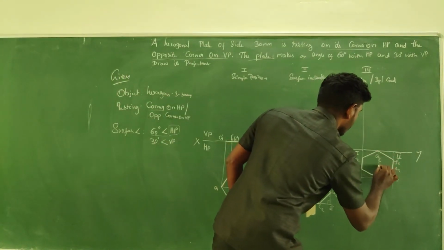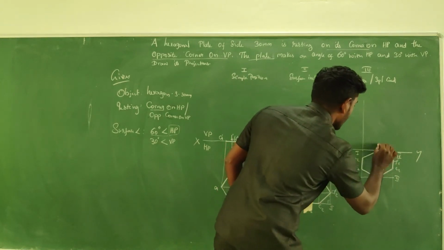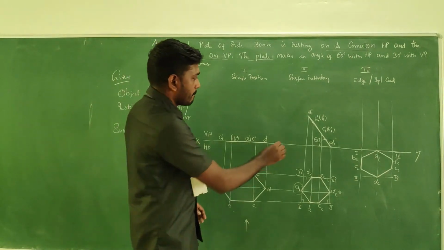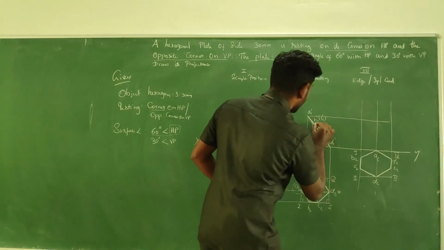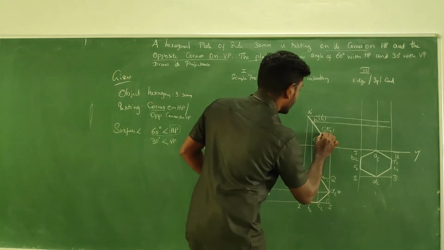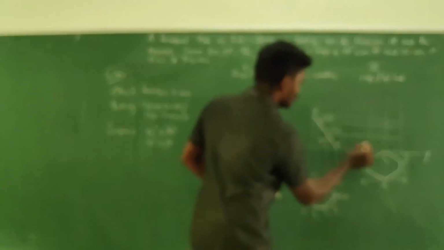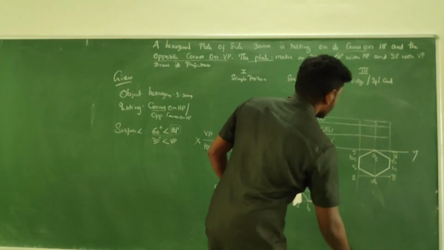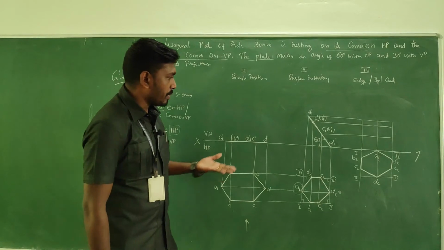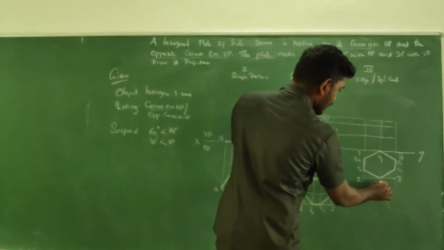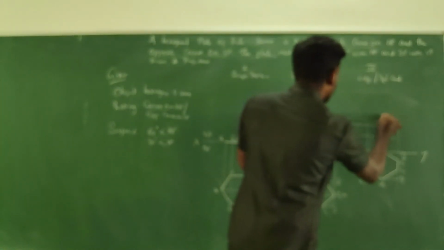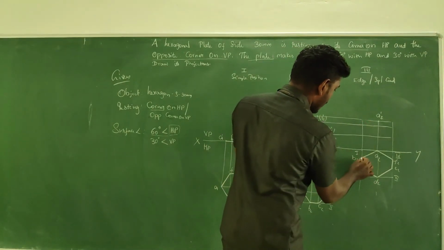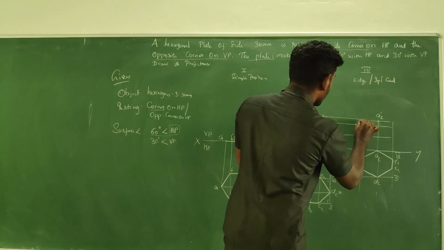Take all the projectors. So D and A will be the same projector, E and F will be the same projector. From the previous stage, get the horizontal projector. So it will be tracing something like this. So D will be on the HY line. Try to map it. A horizontal, A vertical, so this would be your A2 dash. Here is B horizontal and here is B vertical, so this would be B2 dash.